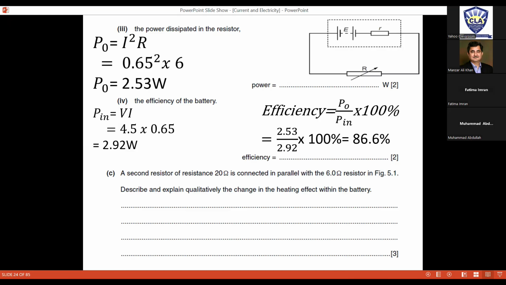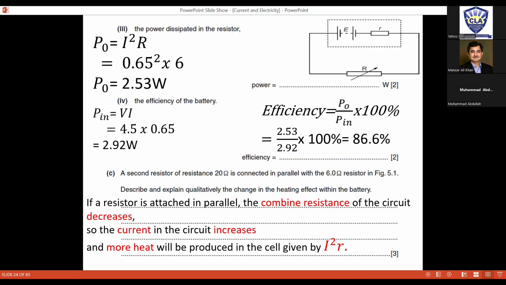A second resistor of resistance 20 ohm is connected in parallel. Now in the given circuit we have added one more resistance which is in parallel with the 6 ohm. Describe and explain qualitatively the change in the heating effect within the battery. The heating effect inside the battery is I squared into r, so it depends on the current. If you connect two resistors in parallel, the total resistance decreases, so the current will increase, and when the current increases the heating effect will also increase. Whenever you attach two resistors in parallel,